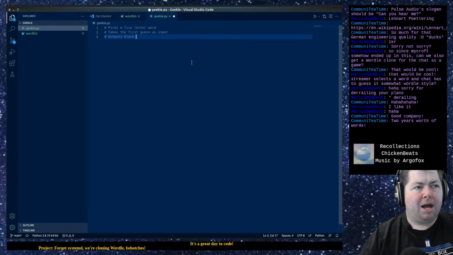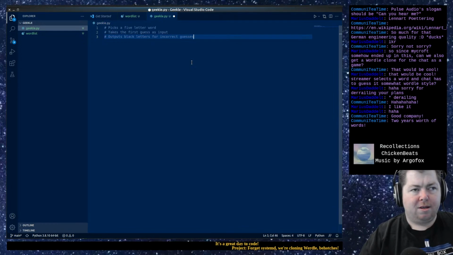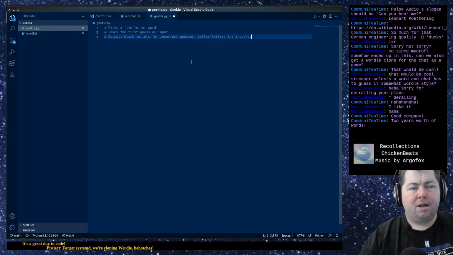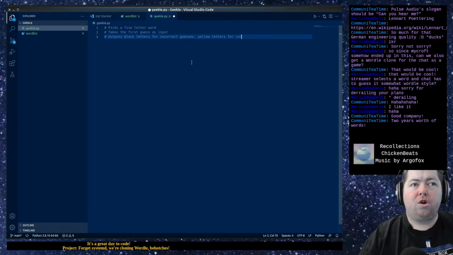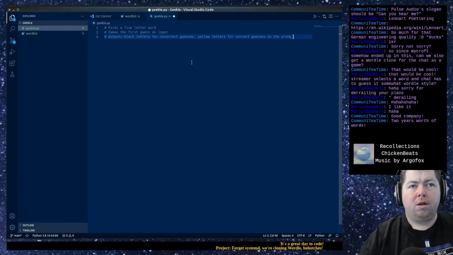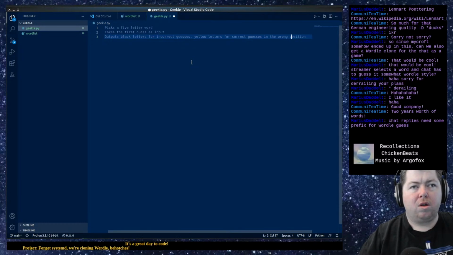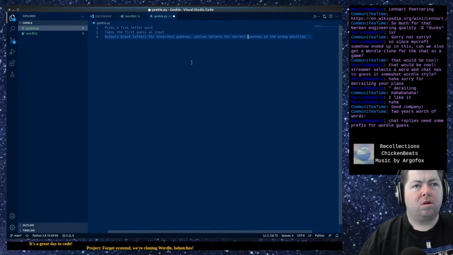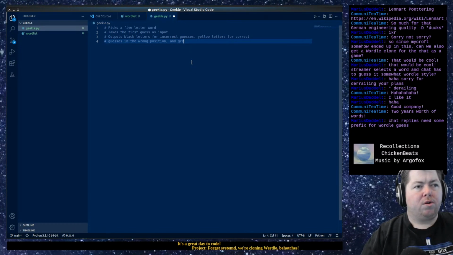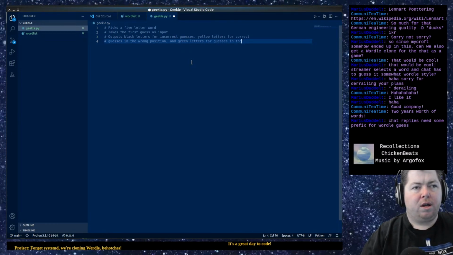Outputs black letters for incorrect guesses, yellow letters for correct guesses in the wrong position, and green letters for guesses in the right position.